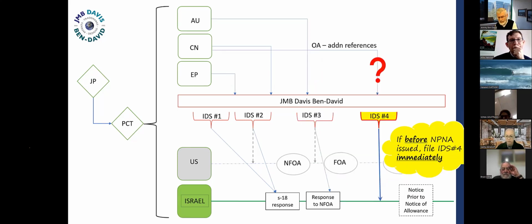Okay, now moving right along, let's assume that things go very quickly, and we get a notice prior to the notice of allowance. That notice, just for the uninitiated, is a notice which says that examination has finished. It invites us to pay the issue fee, where the application will then be published, normally within a matter of weeks. It will be published for opposition for a 3-month period, after which, if no opposition is filed, the patent will be granted.